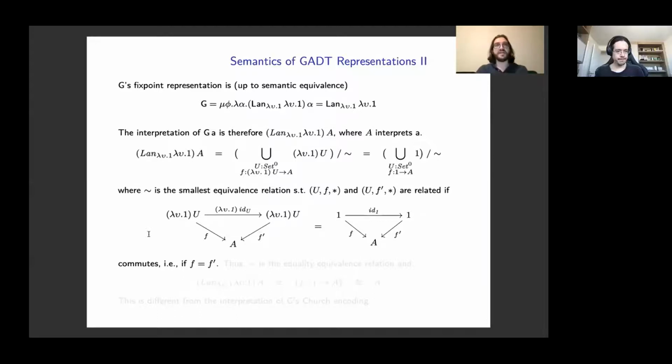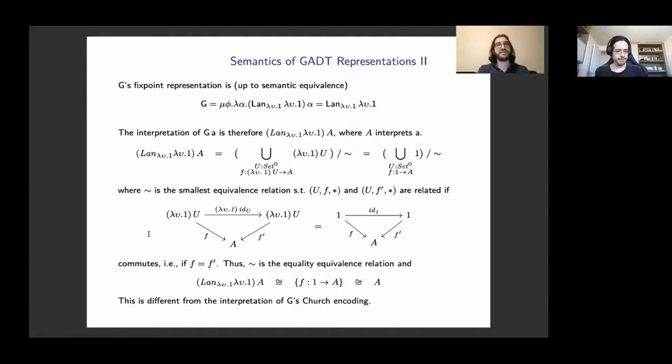The equivalence relation identifies two such triples when the identity on one makes their middle entries commute, equivalently when their middle entries denote the same element. Thus, the equivalence relation is an equality relation, and the left Kan extension is, ultimately, isomorphic to the set interpreting the type argument. This is different from the interpretation of the Church encoding, and thus, the two representations are not equivalent.